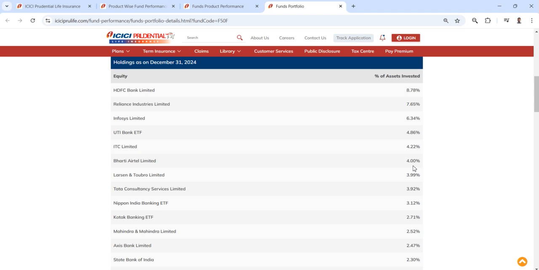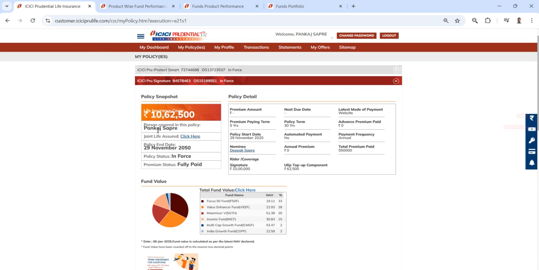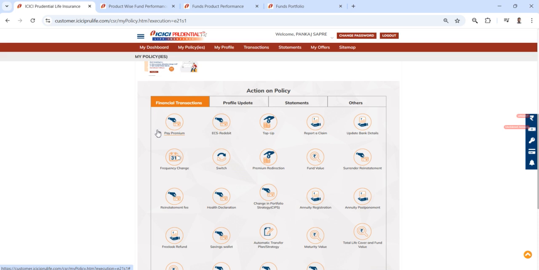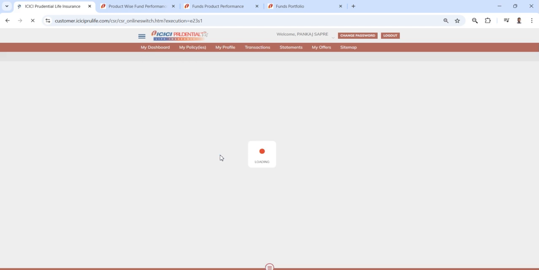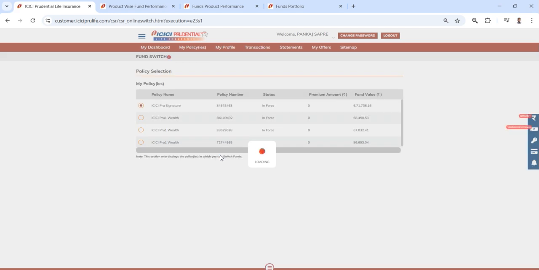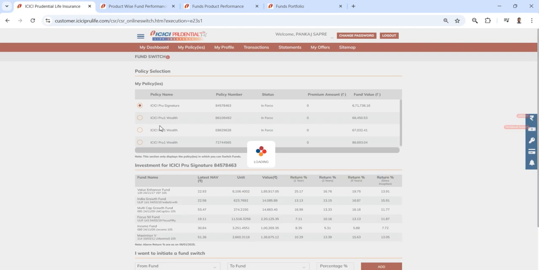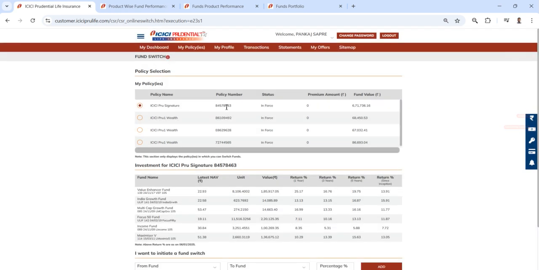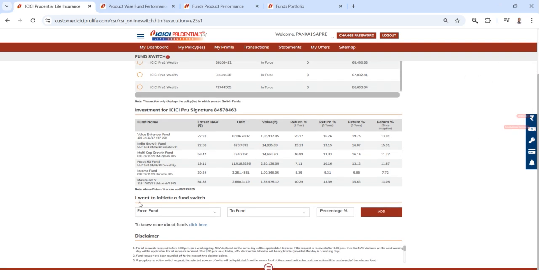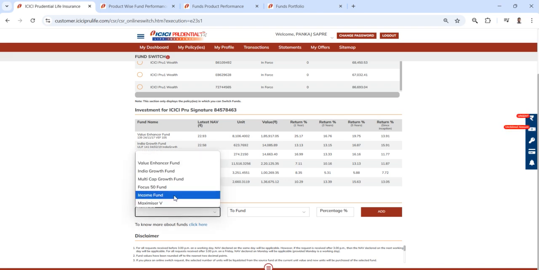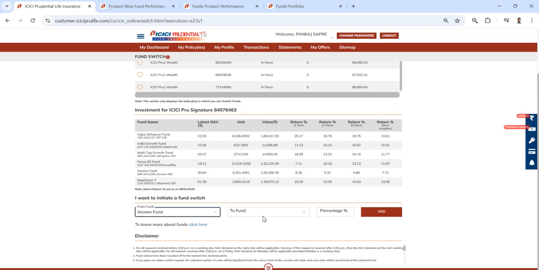So once I review these funds and decide in which fund I want to switch, then you need to scroll down and here you can see the option Switch. Just confirm the policy number one more time and then scroll down. Here you can see the option I want to initiate a fund switch. Then click on From Fund, select your fund, then select To Fund,